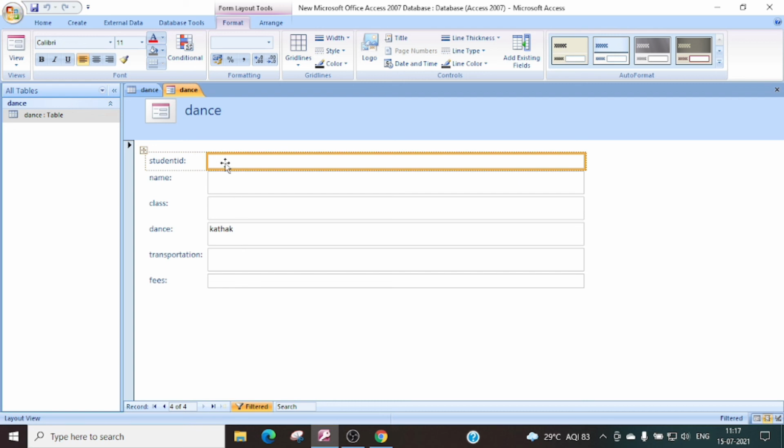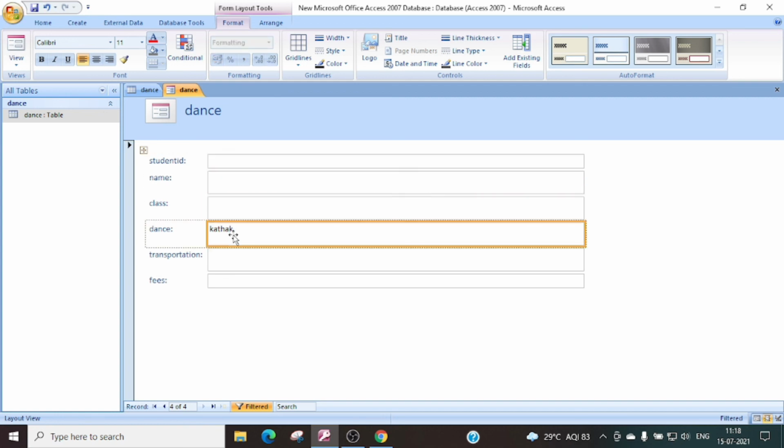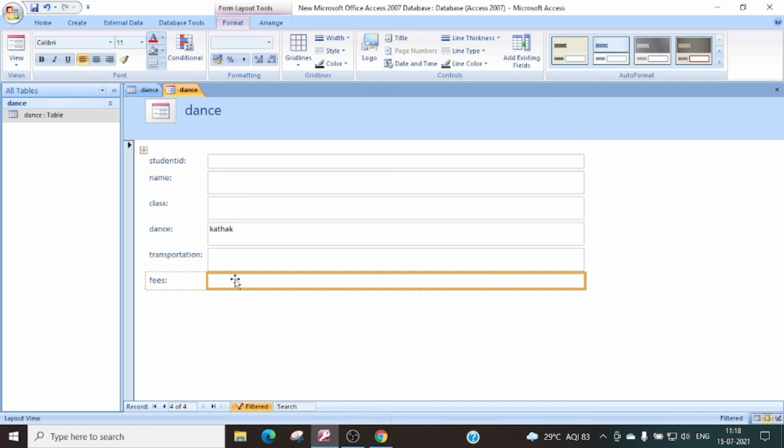Now if I want to enter values, I can enter them here in the form. Student ID, name, class, dance, transportation, fees, all the values I can enter in the form. So these are the forms in MS Access and you can use them.